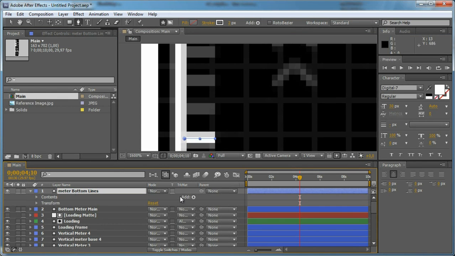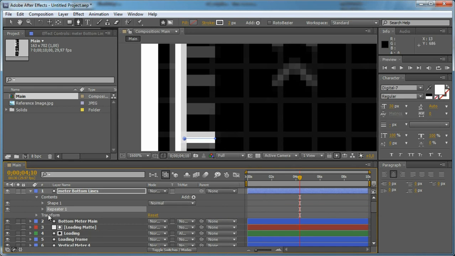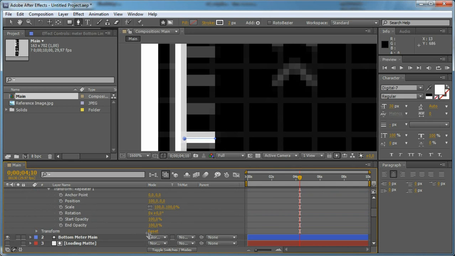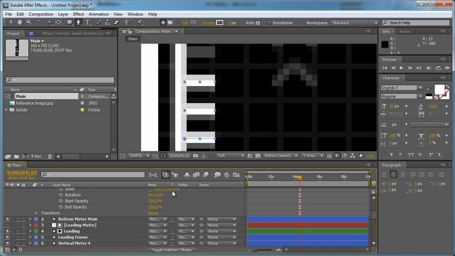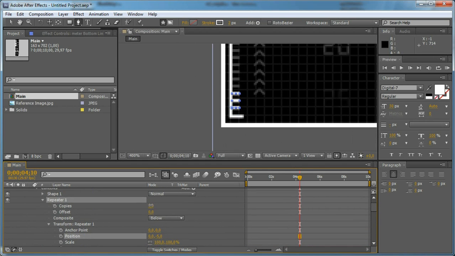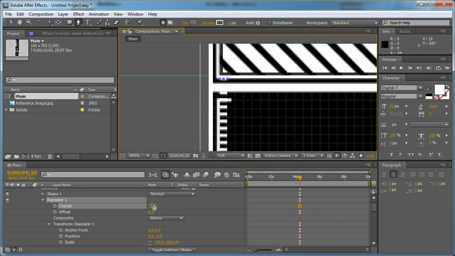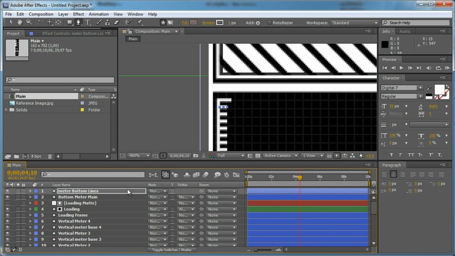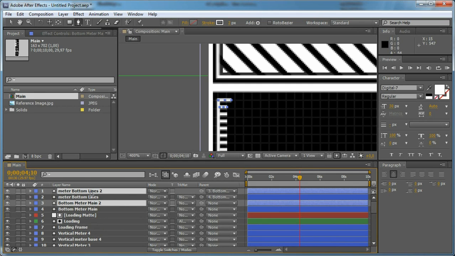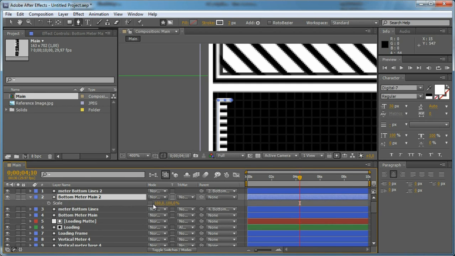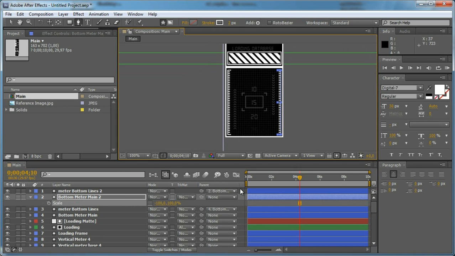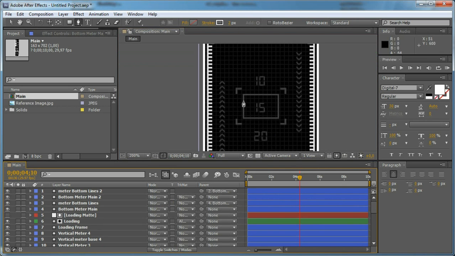let's add a repeater modifier to this one. Open the repeater options, and let's play with the position for the repeater and increase the number of copies as well, and let's set them to 35, and let's link this one to this and just duplicate it and flip it like so, and